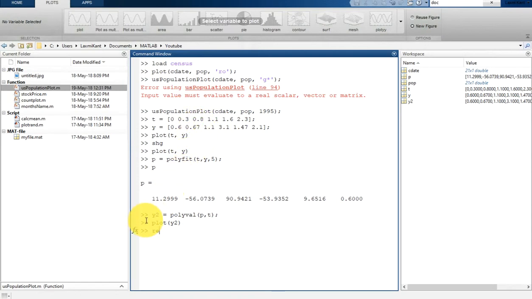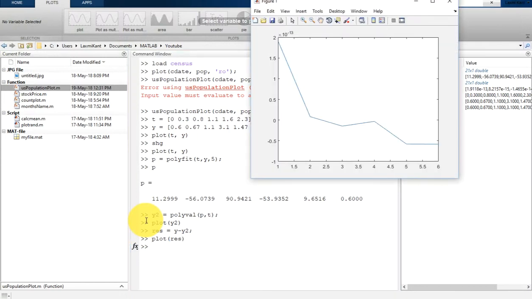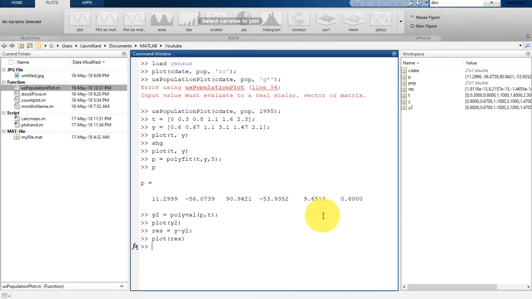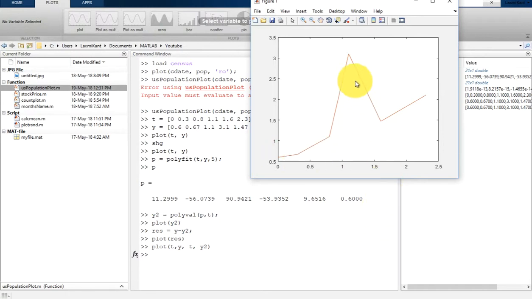Now we are going to get the residual, which can be obtained as y minus y2. Now we are going to plot the residual here. So this is the residual, and you can see it's very low. Now we are going to plot our y and y2 together, so that you can get a little more information about how this data fitting has been done. Now as you can notice, this follows exactly the same